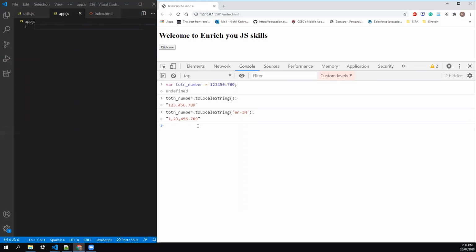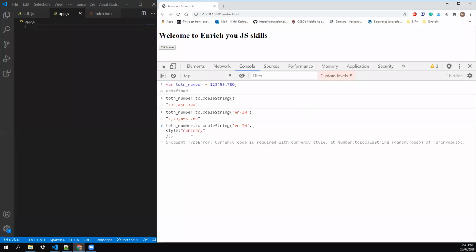Okay, now we'll go and see what else we can do with this method. In real time, we need to convert a number into comma separated as well as with the dollar sign or the currency sign. So this method gives us the freedom to achieve that as well. If I want to convert a number into rupees, that is the Indian format, it takes the second parameter as options, and it has a property called style. Style says what style you want.